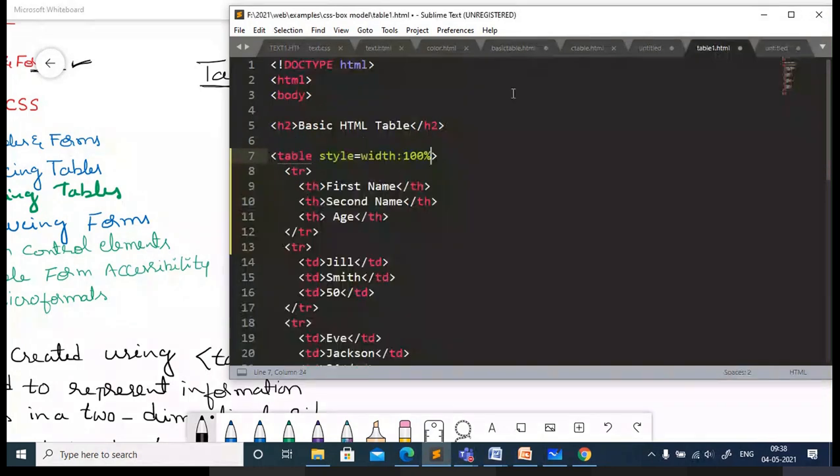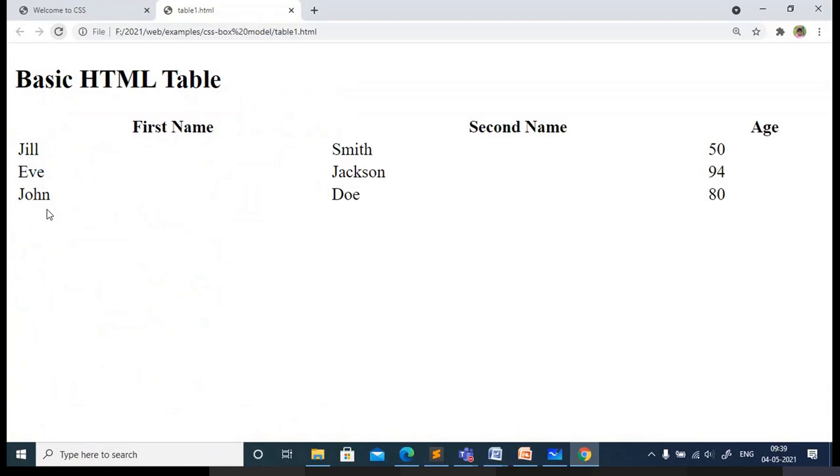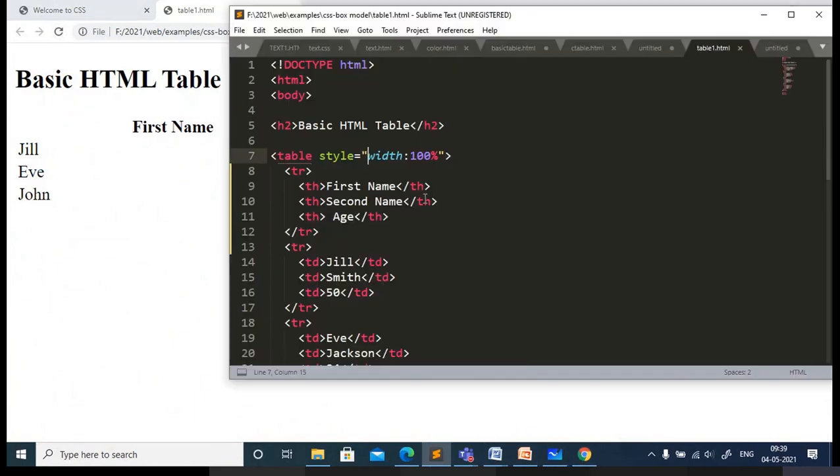Okay, it should be within the double quotes. Save it and run. See, the width is changed. You just give the proper width so that it looks like a table.